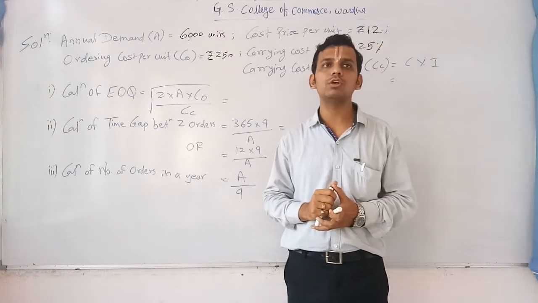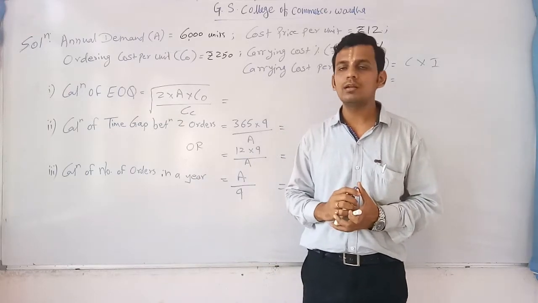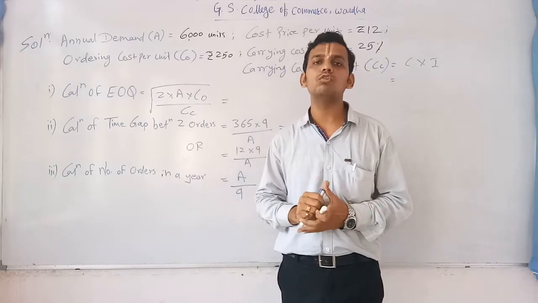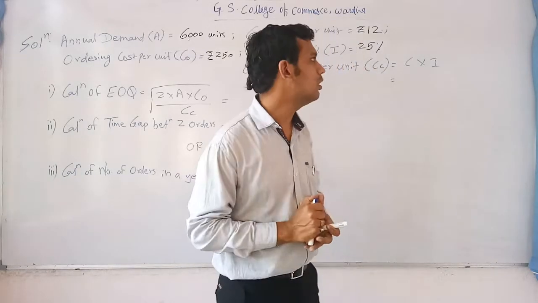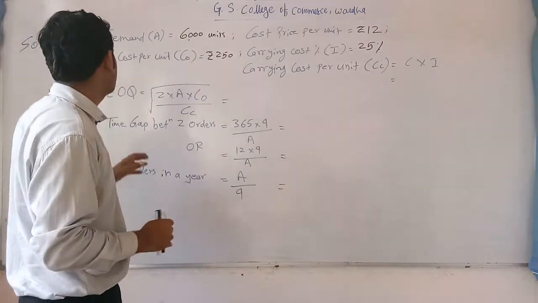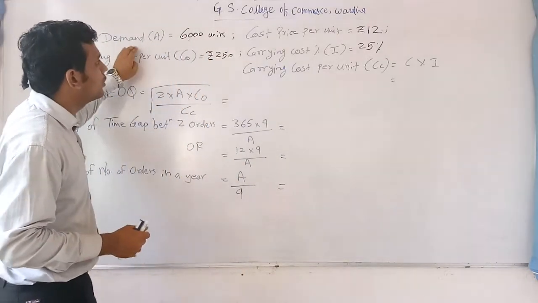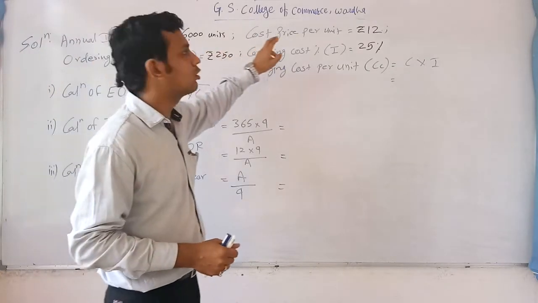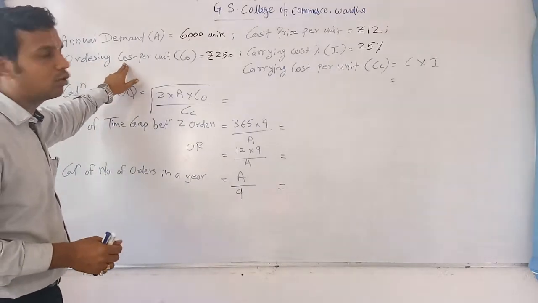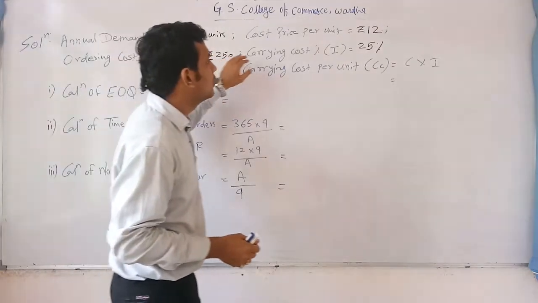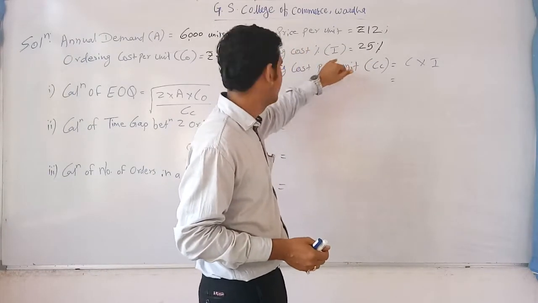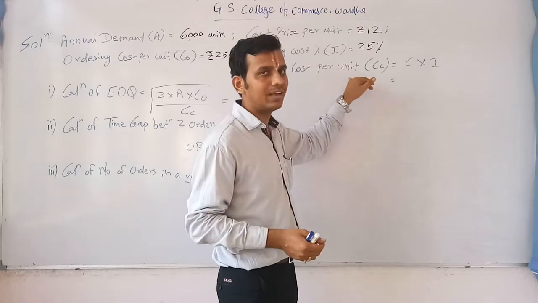Please go through the question in detail and simultaneously watch the video so that you can have a better understanding of the solution, how it is framed and how it is to be formulated. In short, we have taken what is given in the question. The question says that there is an annual demand for a product of 6,000 units with a cost price of ₹12 per unit, whereas its ordering cost, that is per order cost, would be ₹250, whereas carrying cost is given in percentage, that is why it is denoted as I, and we have to calculate per unit carrying cost.